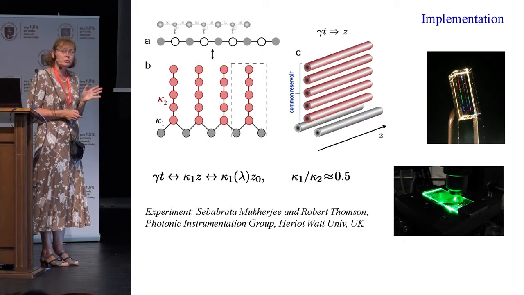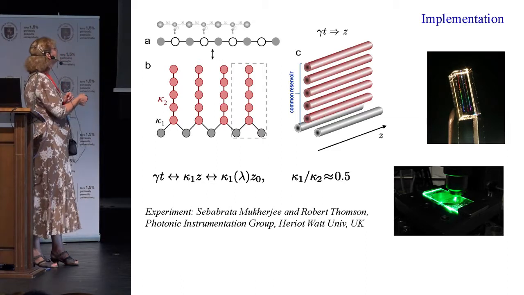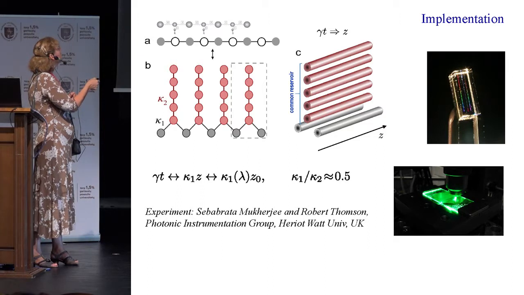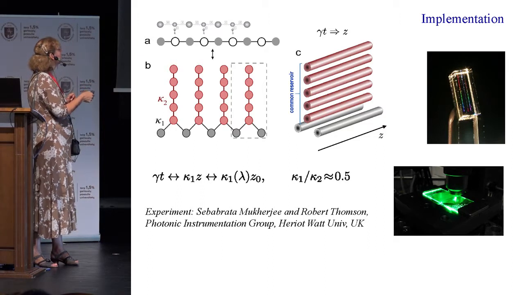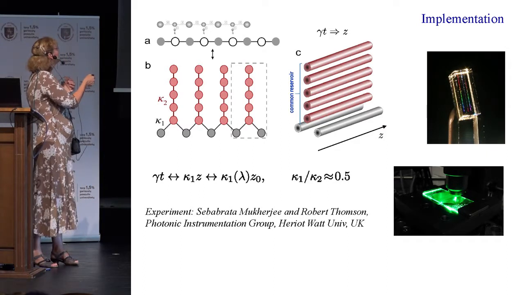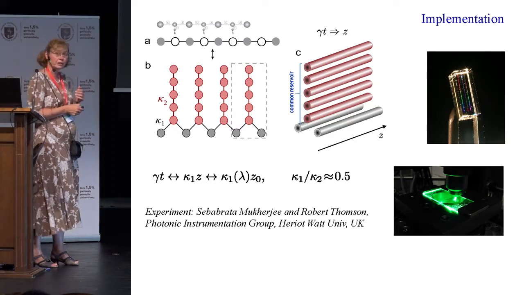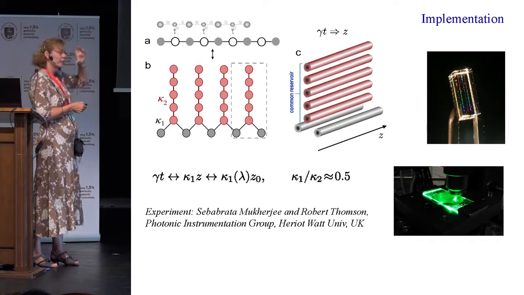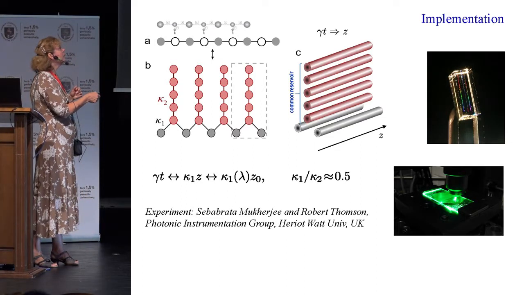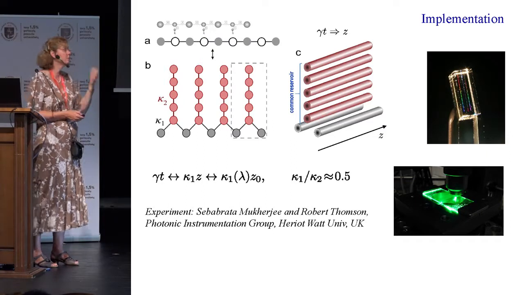The system which we use to emulate our Lindblad system is a waveguide chain. This is my actual chain, these gray circles. This is just a waveguide array. But when I want to do a bath waveguide, I basically take a waveguide and attach a tail of waveguides to it, so that an elementary circuit of my system looks like this. This is the actual chain, and this is a tail, which is the reservoir, which provides for dissipative coupling.